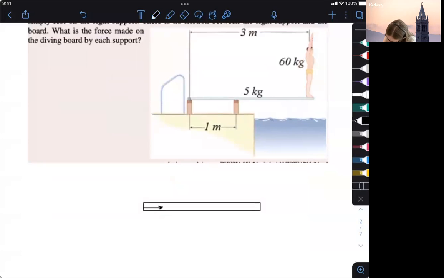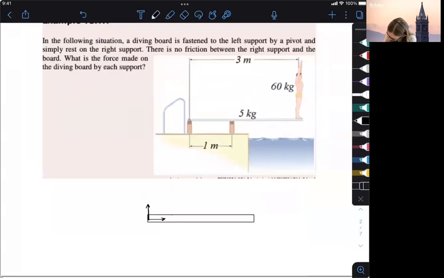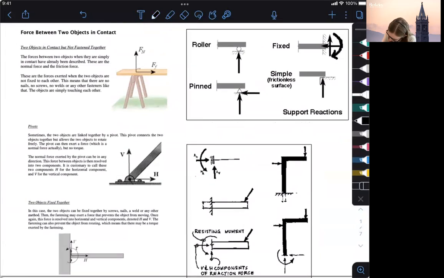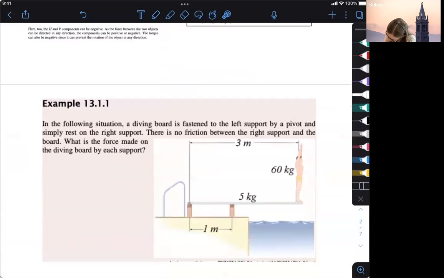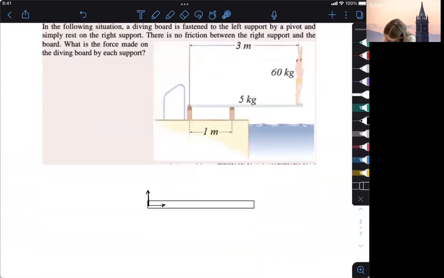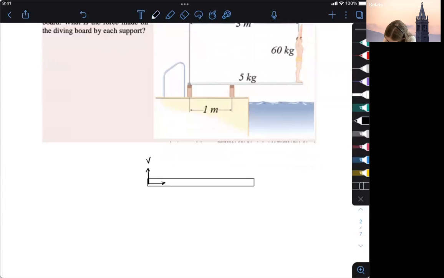So if we scroll up and we look at our pivot and what our forces look like for our pivot, this would be our pivot here. Okay, so we have our X and Y forces. They call them V and H. I think that's a little unusual. I usually call them FX and FY. Whatever you label them, it's fine. It's up to you. So over here, where we have this guy right here, we're going to put a normal force